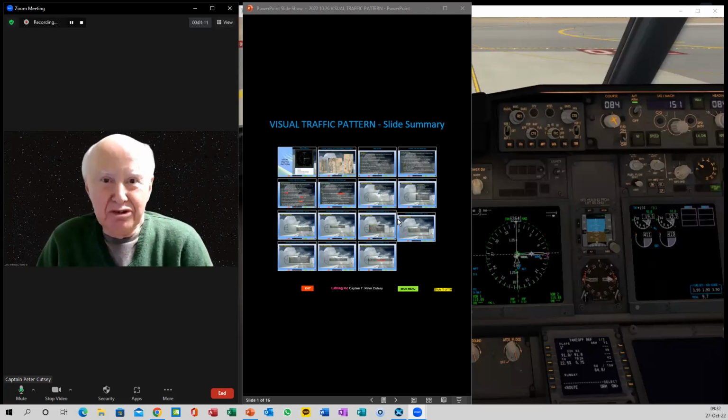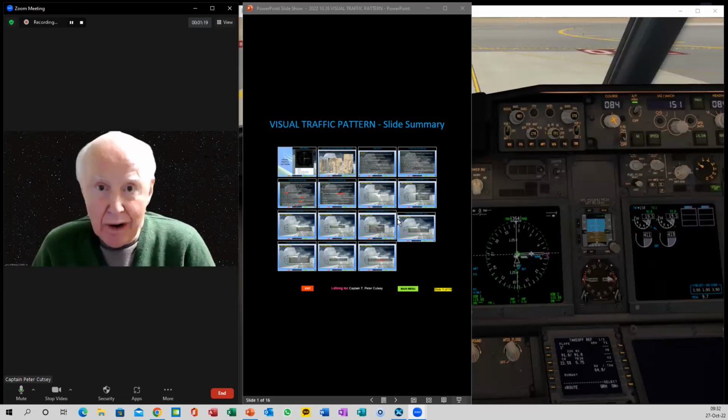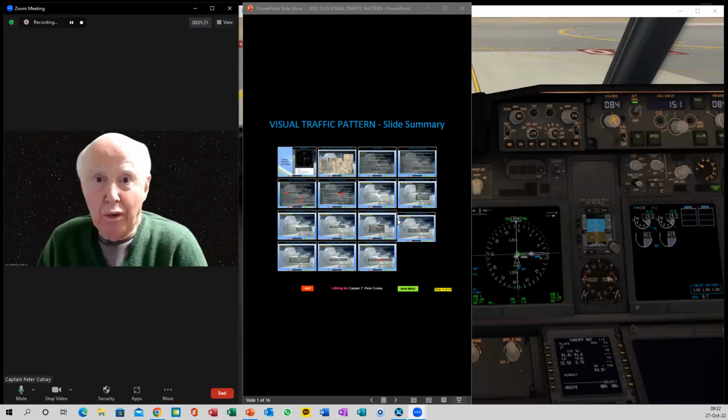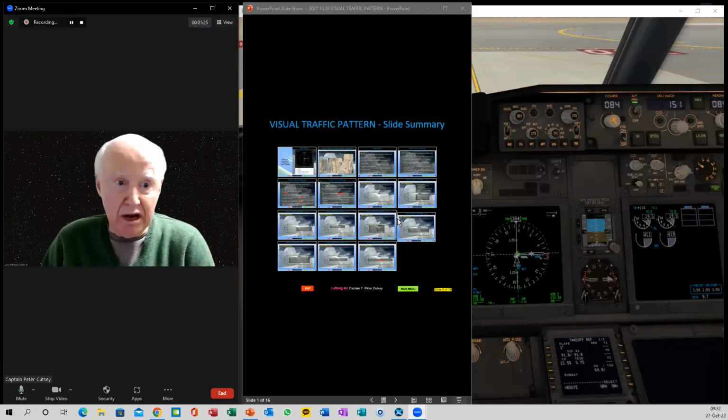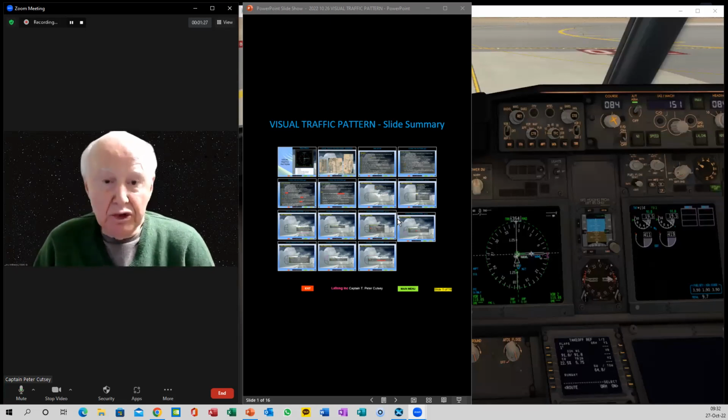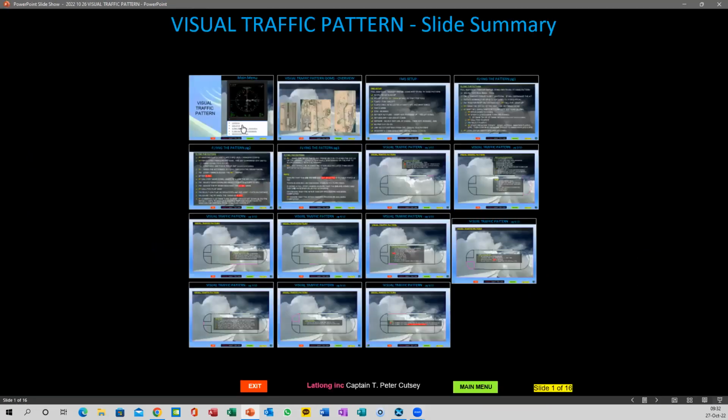The maneuver is done totally in manual flight. The autothrottles will be engaged for the initial selection of TOGA. However, the instructor pilot will disengage the autothrottles once takeoff thrust is set. So let's get right into the PowerPoint briefing